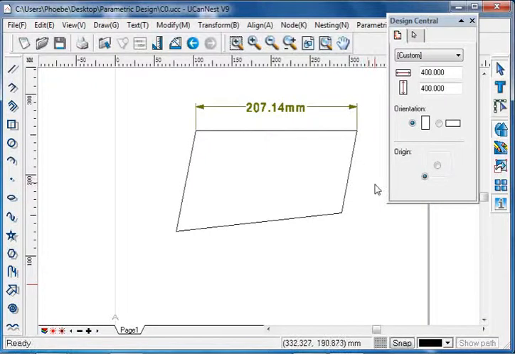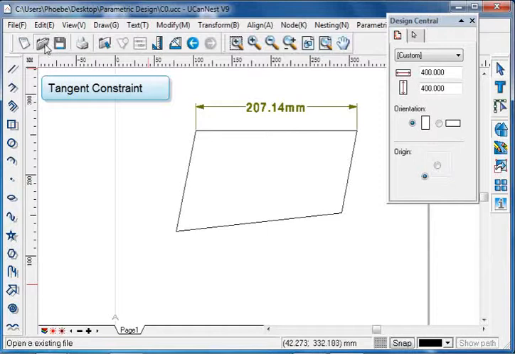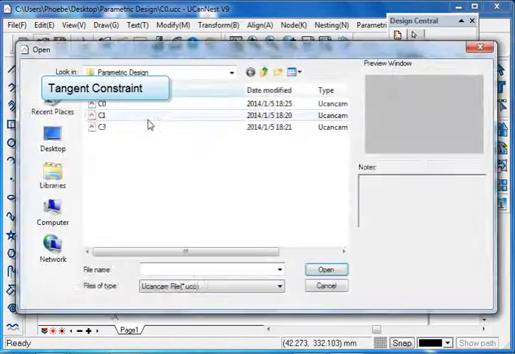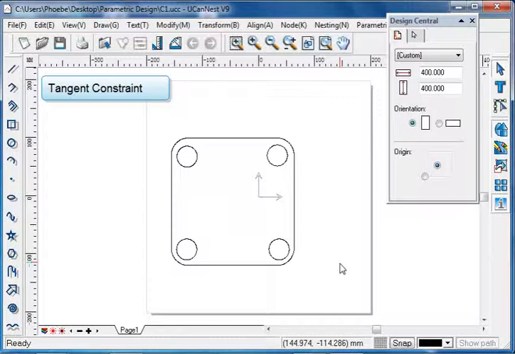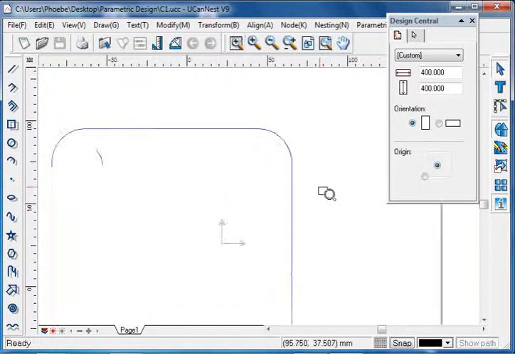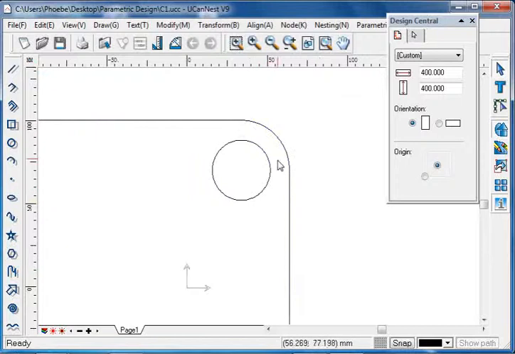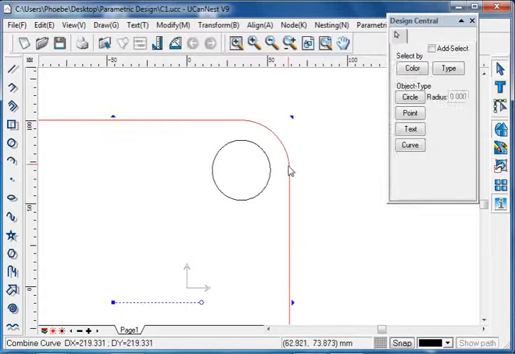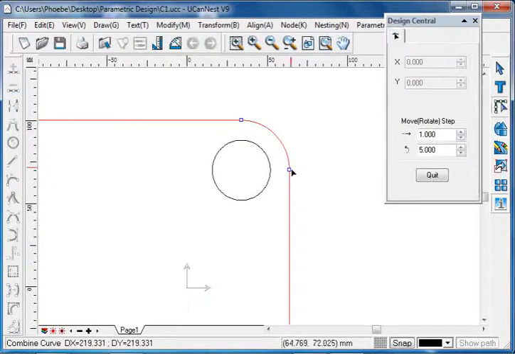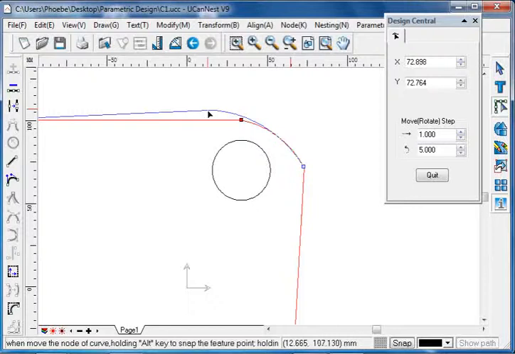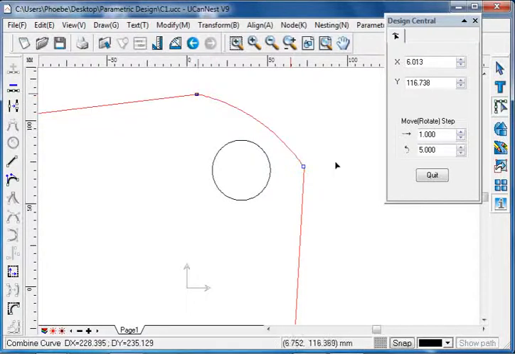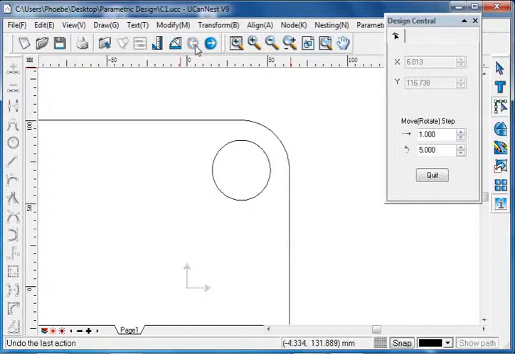Now take a look at the tangent constraint. Open the file. This arc is tangent to these two edges. If we randomly move the node, they won't be tangent anymore. But with the tangent constraint,